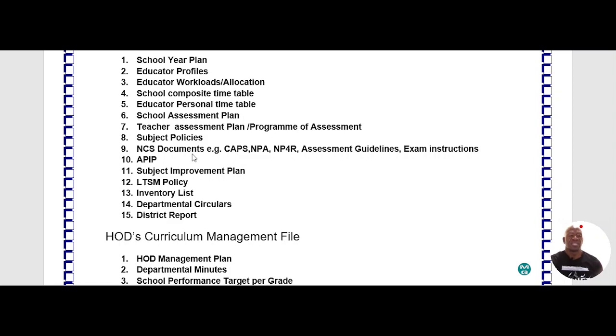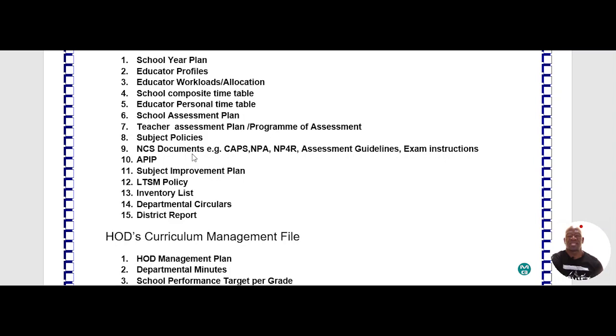All right, the Curriculum and Assessment Policy Statement, of the different subjects that are being led by the HOD. Then the next one is the NPA. That's the National Protocol for Assessment Grade R to 12. So it is a very important policy that the head of department should have in his or her file, because it speaks to issues of assessment generally in all the subjects, in terms of filing, in terms of schedules